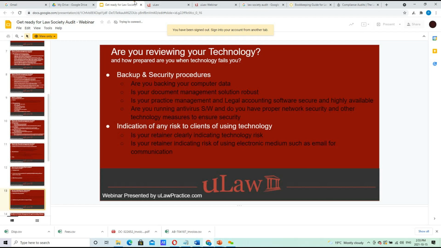Are you, as an individual, running antivirus software on the machines that you're using, especially if your data is locally stored? So do prepare yourself to ask these questions to your provider, or to yourself if you're doing this yourself. Document the answers in terms of how you are safeguarding your client's data, and have that document available, just like how you have a retainer letter available.